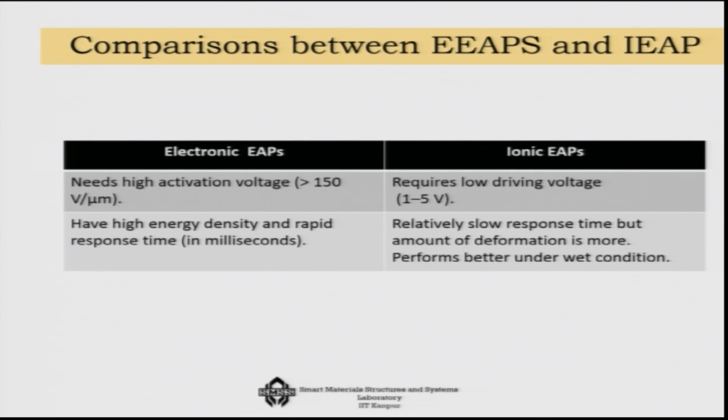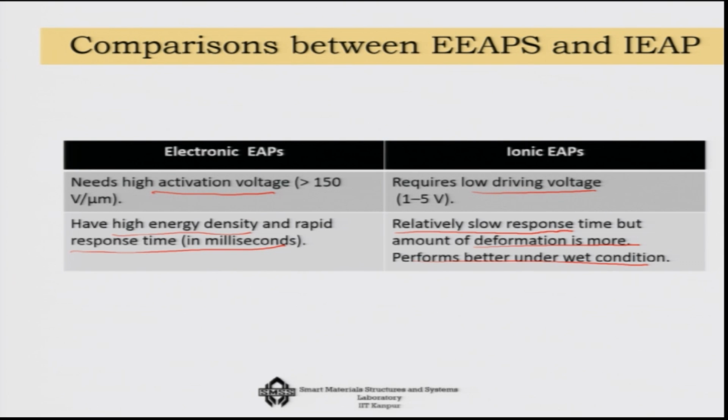So, if we look at the comparison between the two, electronic activation of course needs a higher actuation voltage, but here you need a low driving voltage, but here the energy density is high and rapid response time, whereas ionic electroactive polymer it will have a little slower response time. But of course, the amount of deformation will be much more, because particularly under wet condition, the large scale ionic movement in the form of in fact movement of water jetting out will create a huge change in the